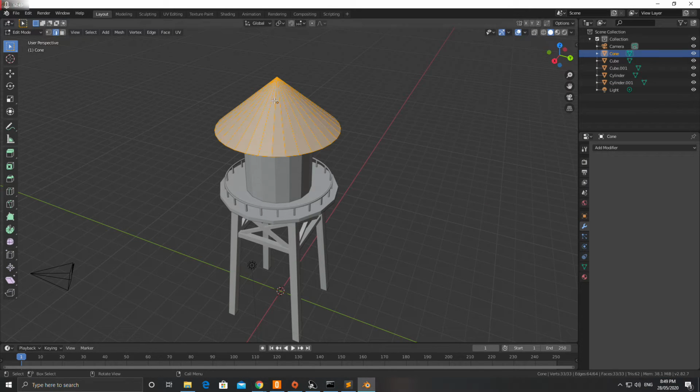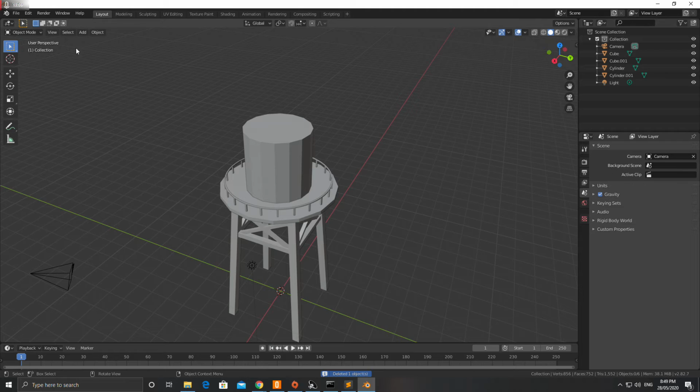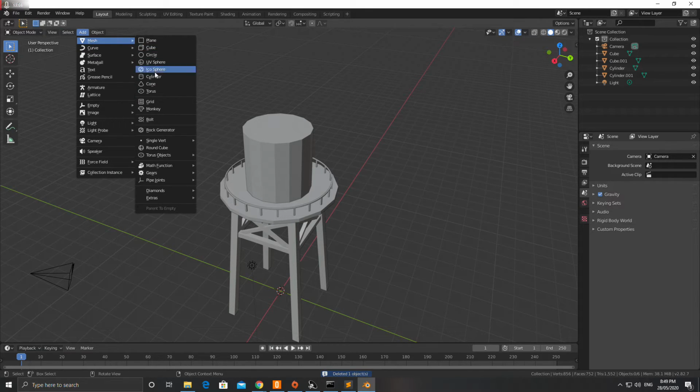But if I try to go Control R and do a ring cut, I can't, because you can't ring cut a face with 3 sides. Now, you're saying, what has 3 sides? This has like 32 sides. Each of these triangles has 3 sides. It can't be done. Okay, so I'm going to delete that,